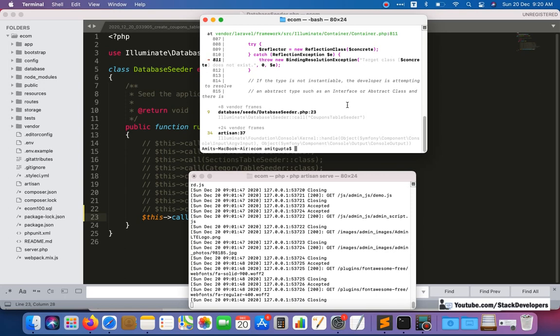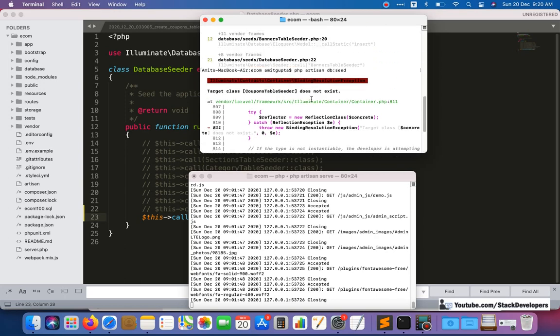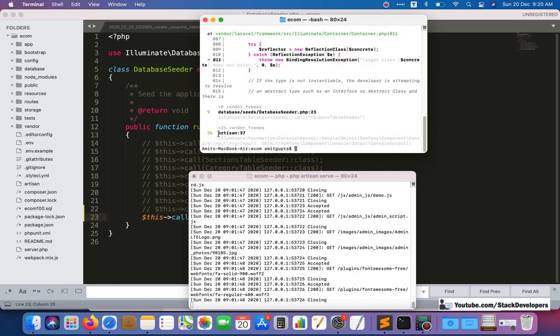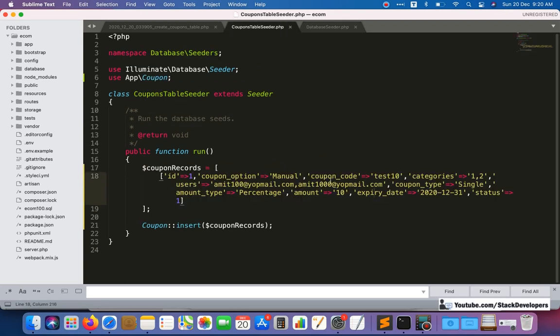See here the error that is coming, and that is related to the coupons table seeder class. I know that this error will come for Laravel 7 or Laravel 8 users. For Laravel 6 users, this query must work fine, and your table must show the latest entry that we have added. For Laravel 6 users, that must work fine. But now our project has been upgraded to Laravel 8, and for Laravel 8 users, and maybe for Laravel 7 users as well.